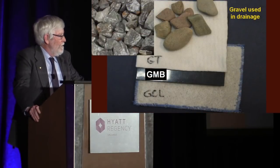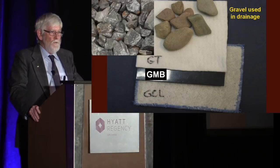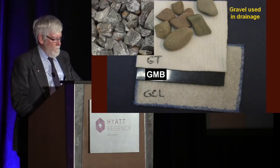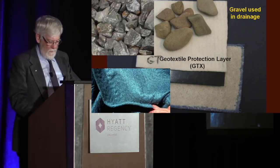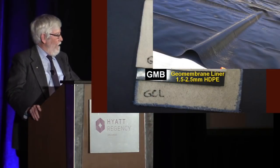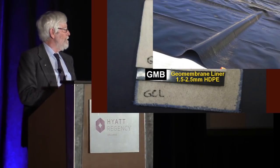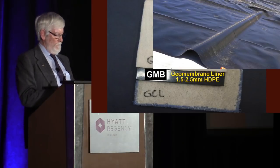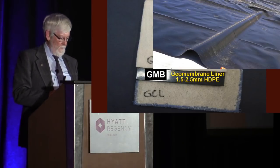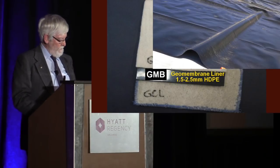Gravel, be it angular, uniform gravel or rounded, is often used in drainage layers in many applications, and sometimes it is separated from the geomembrane by a geotextile protection layer. Then we have the geomembrane, and environmental applications. This is most commonly a 1.5 to 2.5 millimeter thick high-density polyethylene,